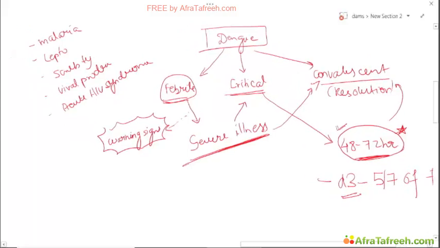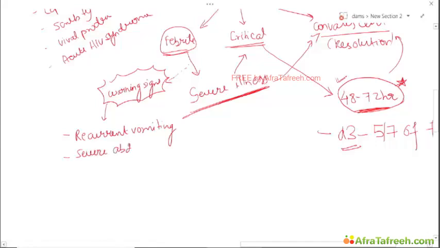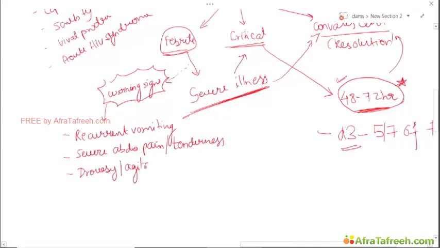Okay, so this is about the progression of dengue. So let us see what these important warning signs are. These include recurrent vomiting, severe abdominal pain or tenderness, drowsiness or agitation, that is any alteration in mental status,